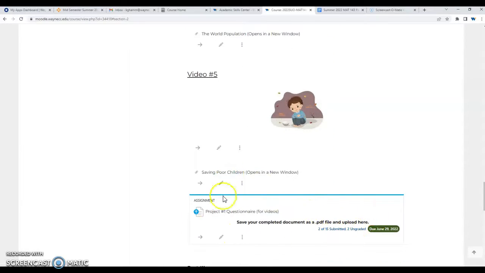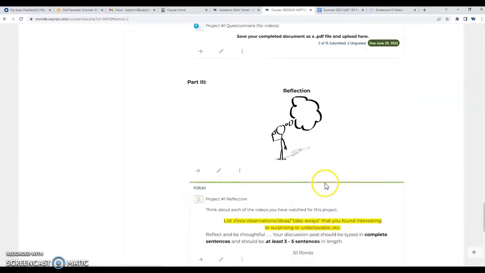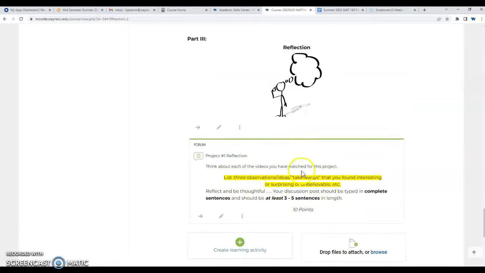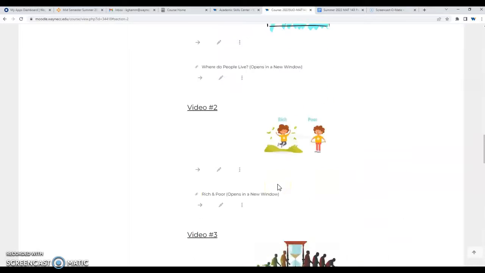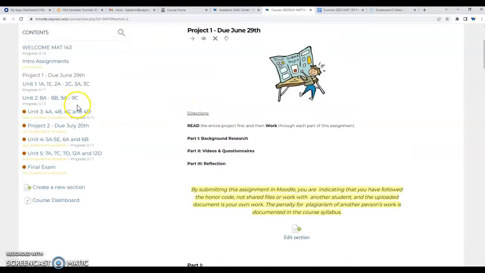Then you will upload your final project as a PDF right here in this assignment block. Thank you to the 2 people that have already uploaded your project. And of course, there is a reflection part. So that is project 1. It's part of your final exam grade, so don't forget to do it.